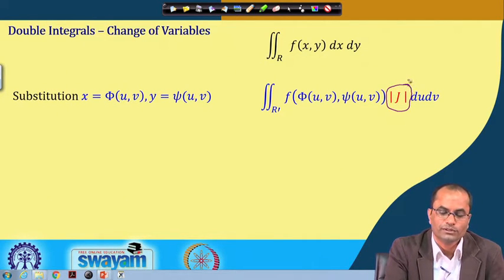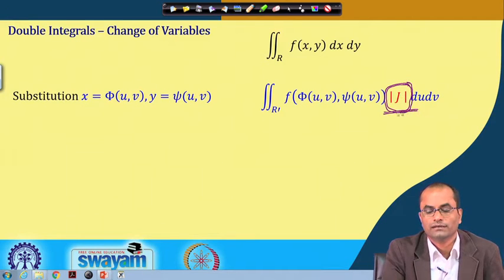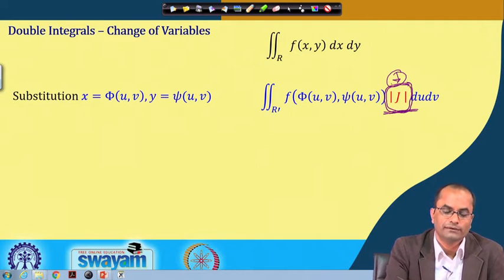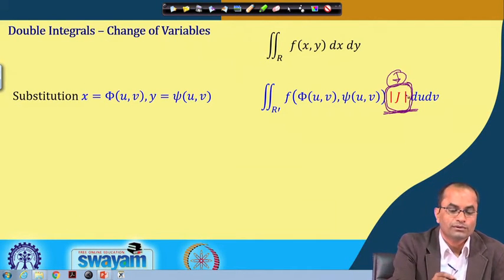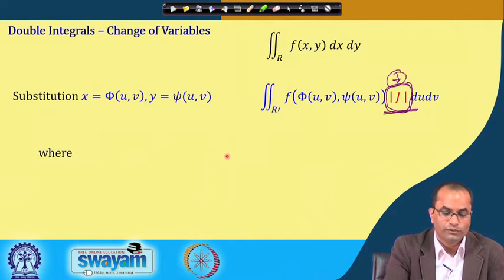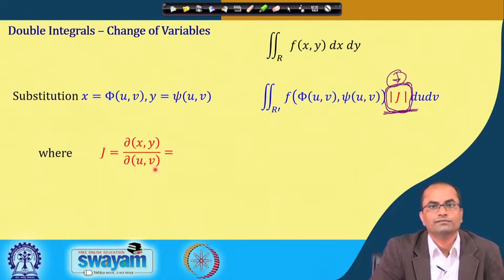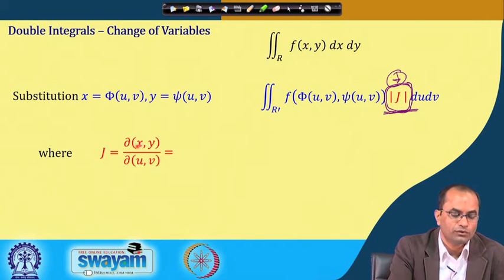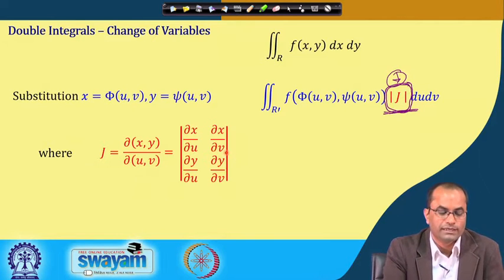In case of one variable or in case of the polar coordinate, we were getting just this r dr d theta. So, there is some factor here, this j, and we have taken the absolute value also. We are not going through the proof of this because that is a bit involved topic. So, now what is this j here? This j is again a kind of derivative which we call Jacobian. The Jacobian of x y with respect to u and v is computed in the form of this